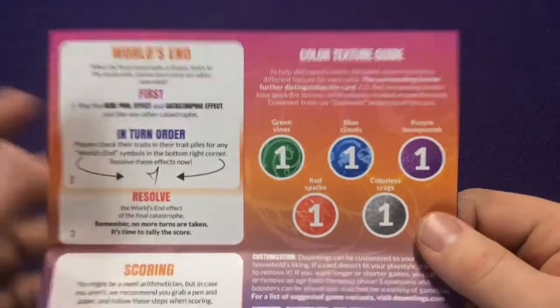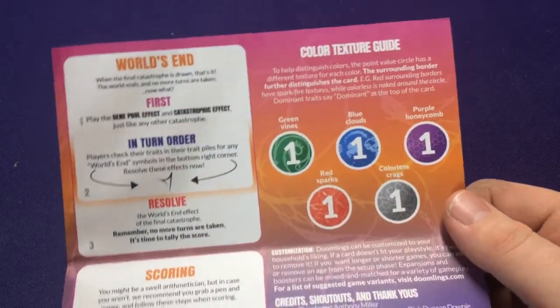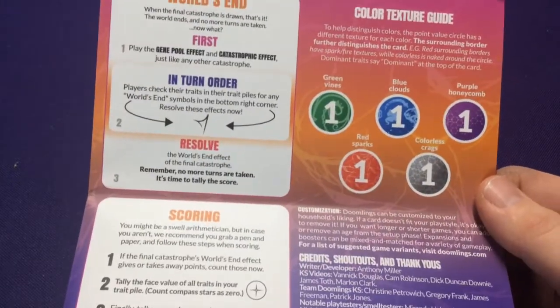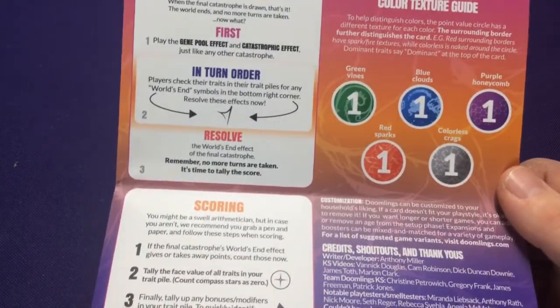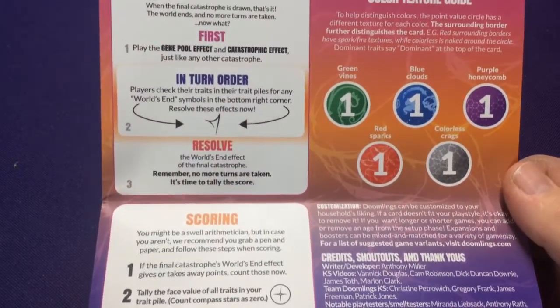So yeah, you play 3 ages. If you like a longer game, add 5 ages. If for some reason you want a really quick game, do 2 ages. If you play a card and you're like, I don't like this card, because maybe you don't like what it's called, or you don't like the effect, or maybe you think the effect is too abusive,